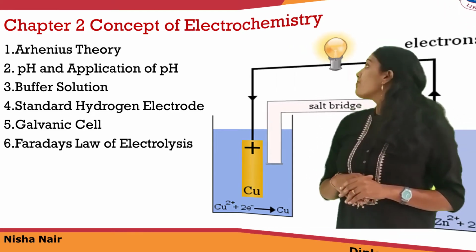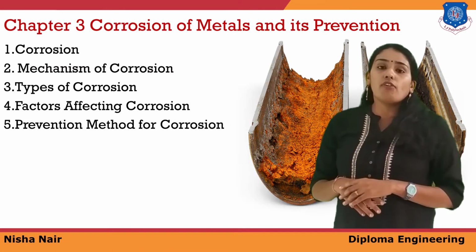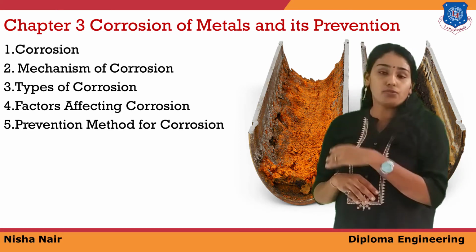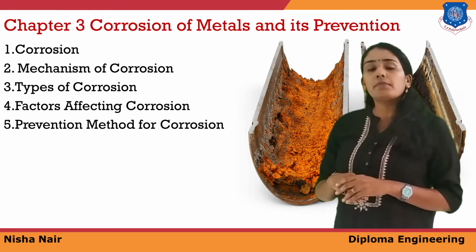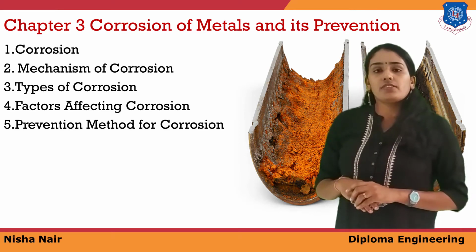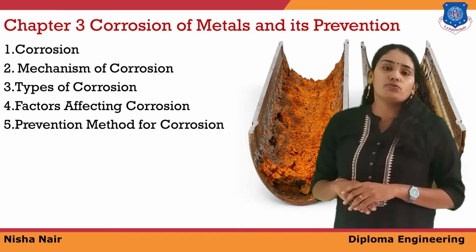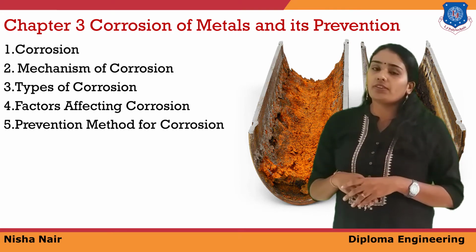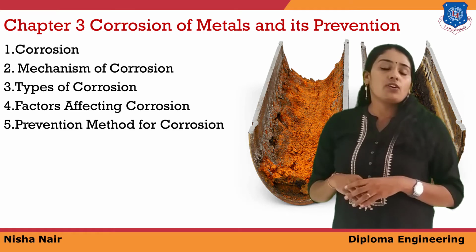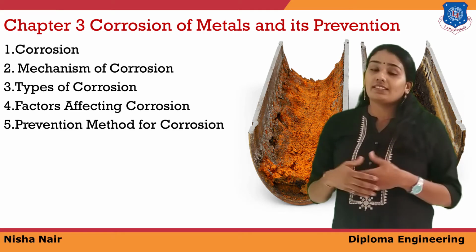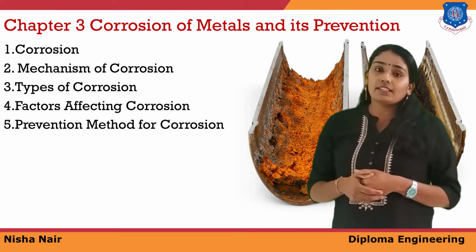Now, the third chapter is about corrosion of metal and its prevention, where you are going to learn about what is corrosion, how corrosion takes place, types of corrosions, factors affecting corrosions and prevention method used to stop the corrosion. As we know, once a metal gets corroded, it loses all its properties like metallic conductivity, electrical conductivity, thermal conductivity,